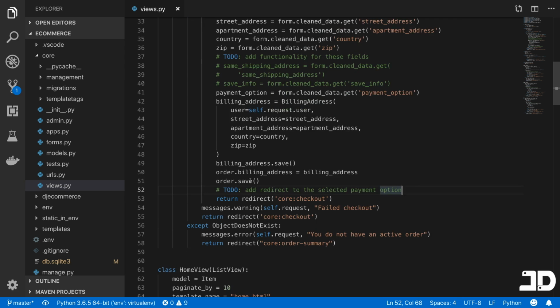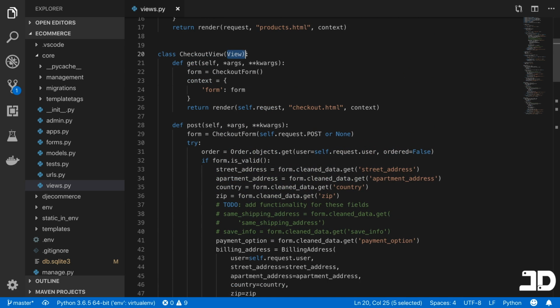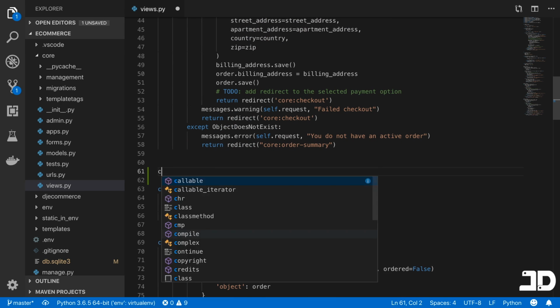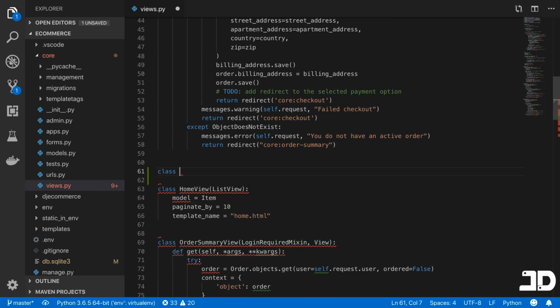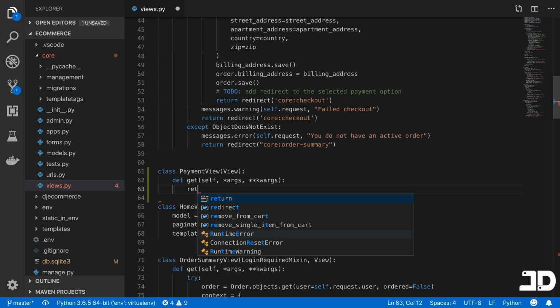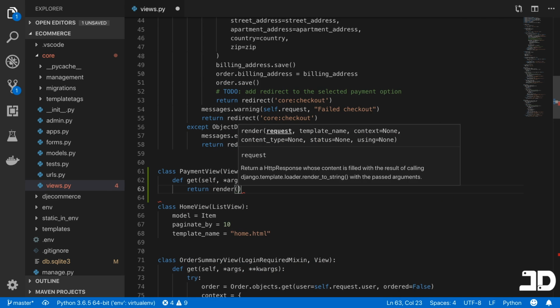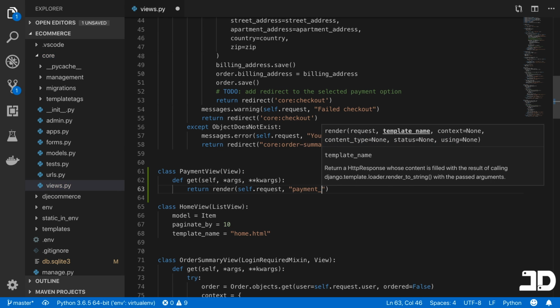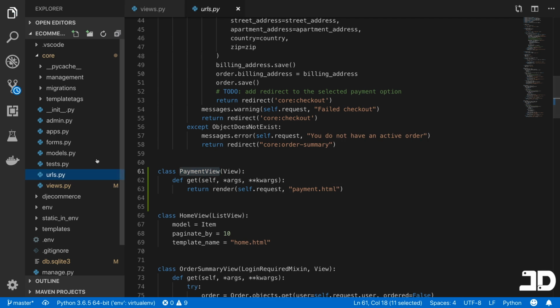And so I'm just going to make another class-based view, which will also inherit from the generic view. And I'll just create it here. We'll say this is the payment view. And it's just going to inherit from the default view. I'll say define get, takes in self, args, keyword args. And I'll just say return a render of self.request, and we'll say this is to payment.html. Then I'll bring that into the URLs,